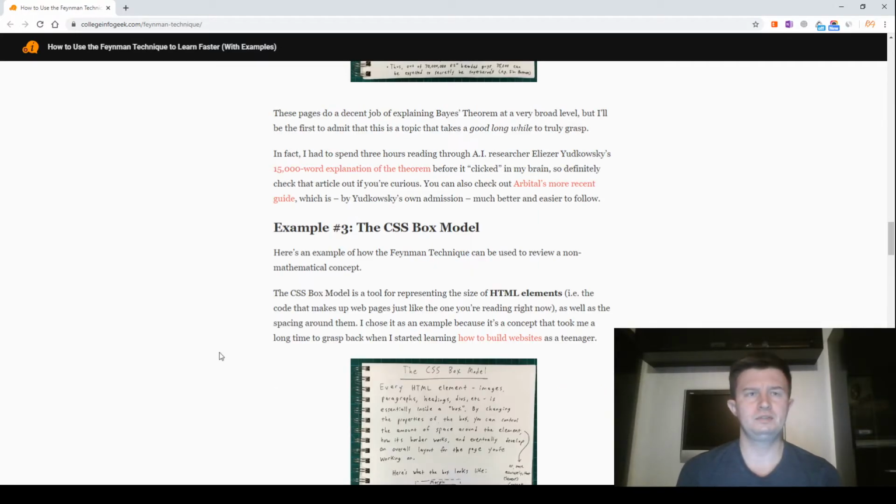This page does a decent job of explaining Bayes' theorem at a very broad level, but I'll be the first to admit that this is a topic that takes a good long while to truly grasp. In fact, I had to spend hours reading